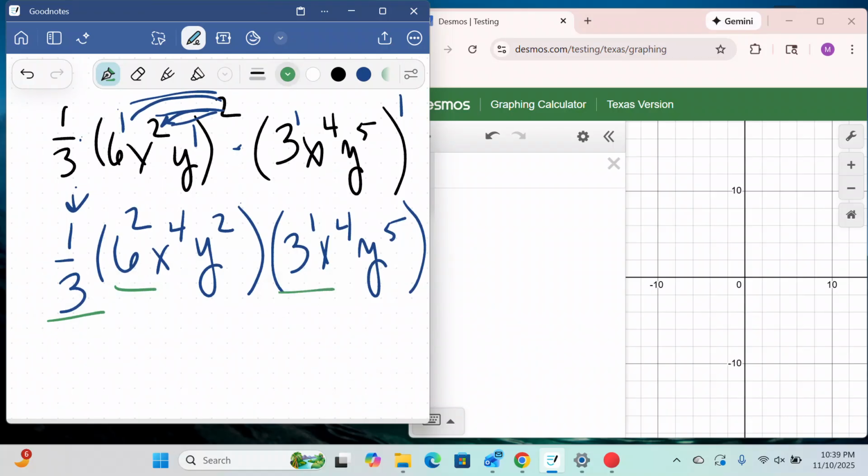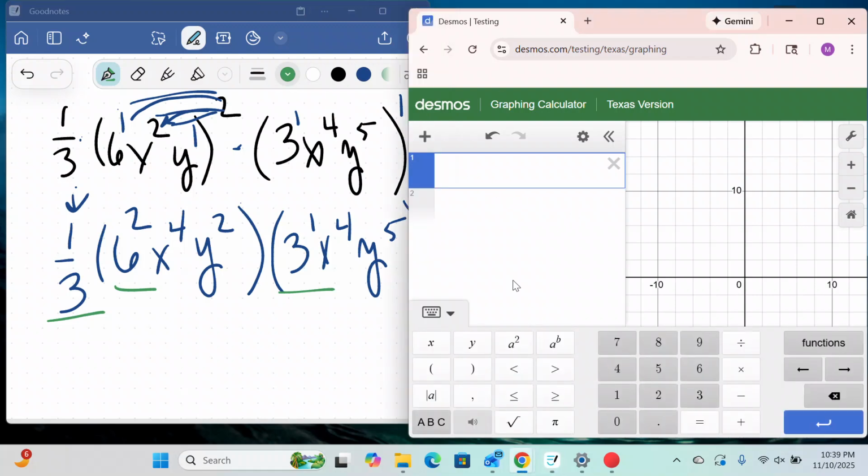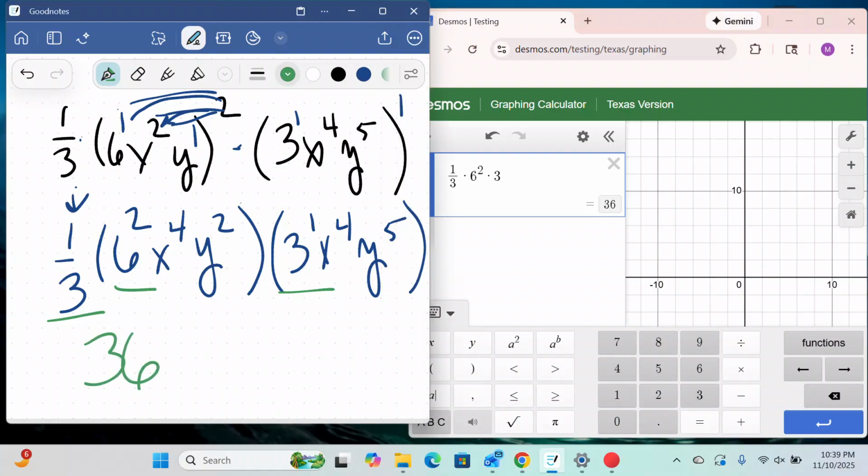So what I'm going to do is input that into Desmos just the way it is. 1 divided by 3. And then I'm going to push this arrow times 6, and I don't even have to simplify it. I can go ahead and just raise it to the square times 3. So my answer for the numbers is 36. So this takes care of